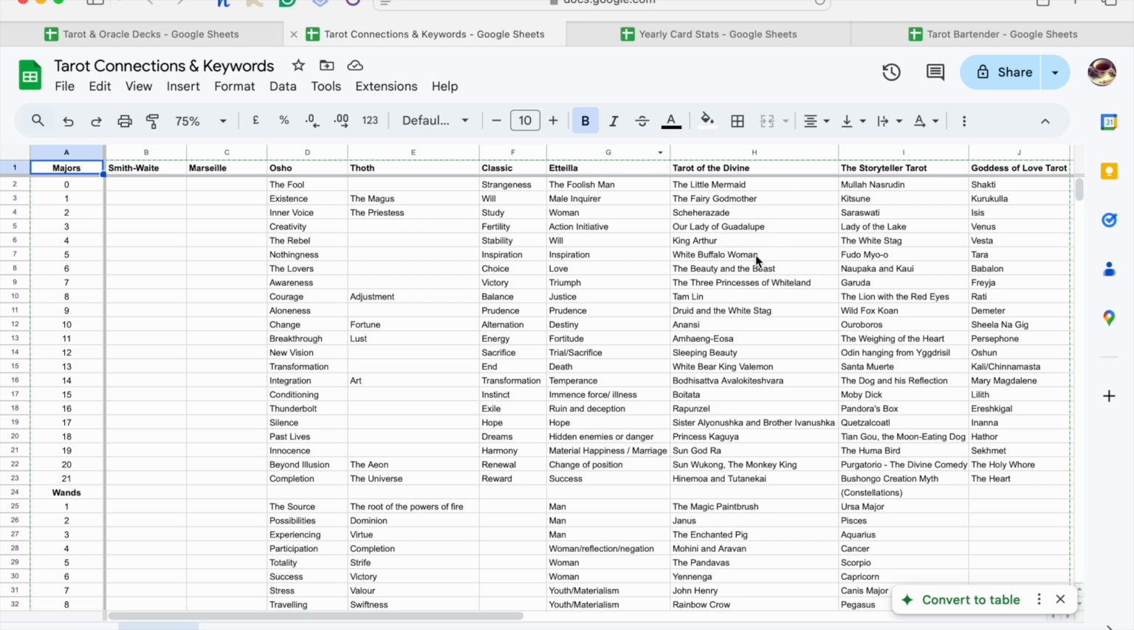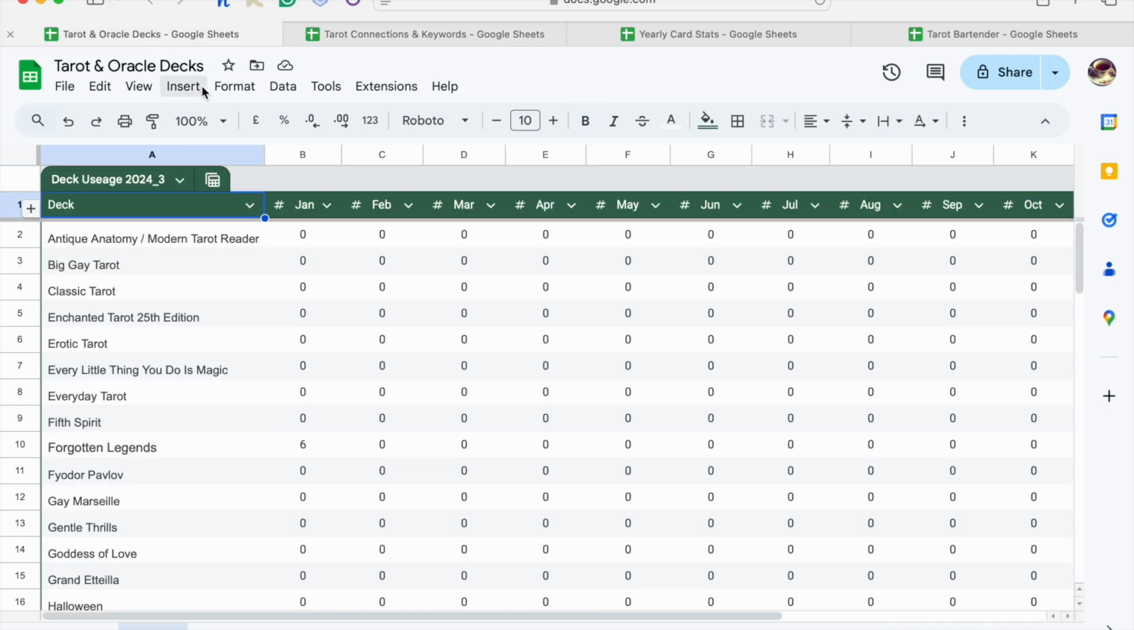Atella, Tarot of the Divine, is my working deck. It's got stories. Same for the Storyteller Tarot, and the Goddess of Love Tarot has a love and sex goddess assigned to each of the majors. So I popped those in there. This is my